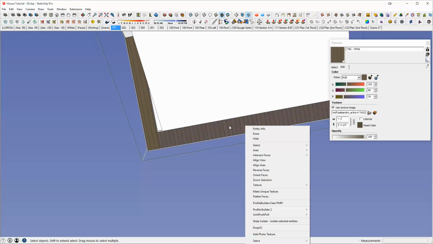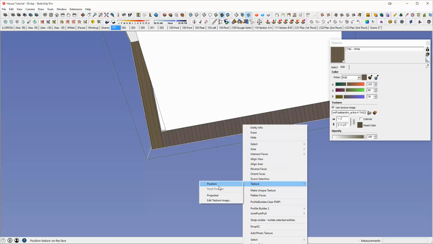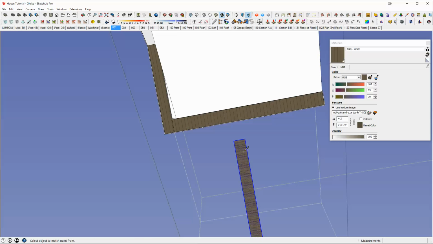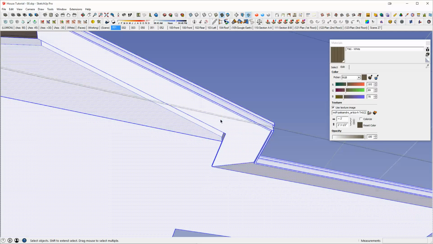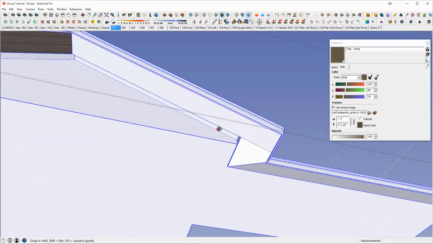So what I'm going to do here, I'm actually going to show you a different way of changing the material. Last time we did texture position. This time I'm just going to grab a piece that has the material painted, and I'm going to rotate it, say 90. And now I can use my eyedropper icon, select the attributes, and paint it, and you can see that it now paints the direction that it was. So with that in place, I can just come here real quick and add this line in, and so